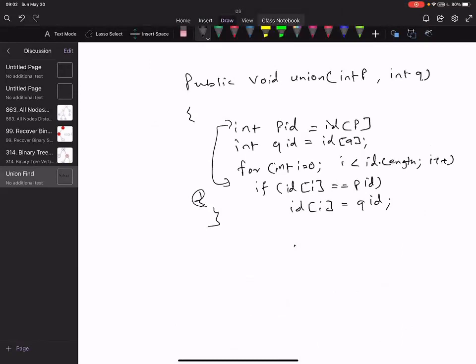So you are saying this will change to ID of P equal to minimum of P and Q, and ID of Q is equal to the same.